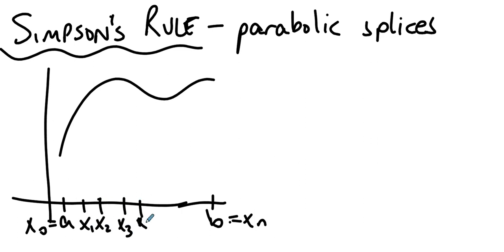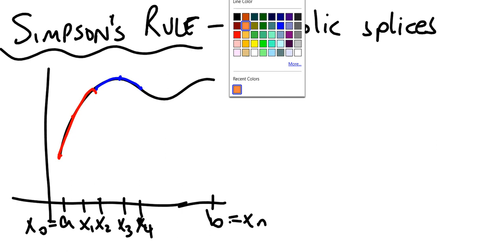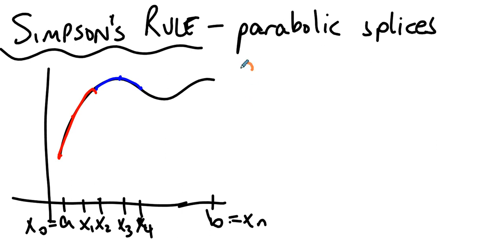What Simpson's Rule does is it says we're going to put a parabola through these 3 points, and then we're going to put a parabola through these 3 points, and we're going to do areas that way. So what Simpson's Rule says, I'm going to go orange for this, is that the area under the curve is approximately delta x over 3 times,